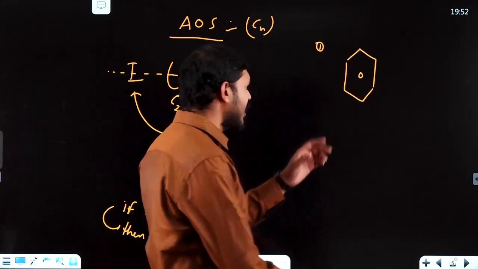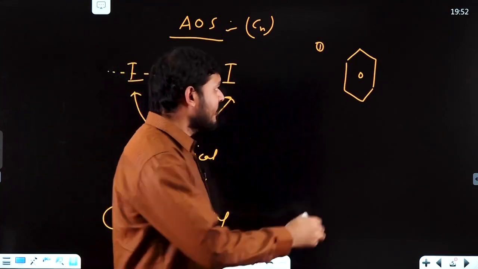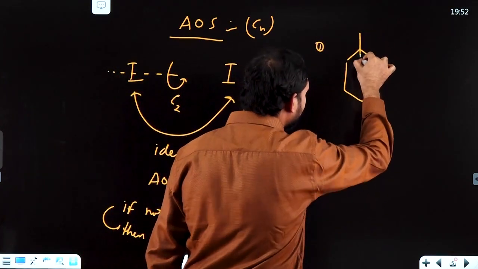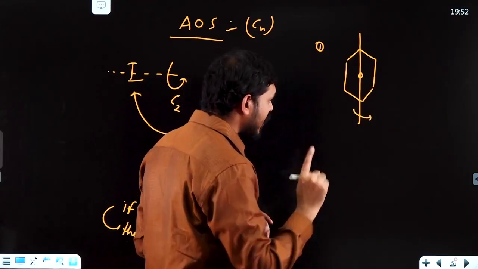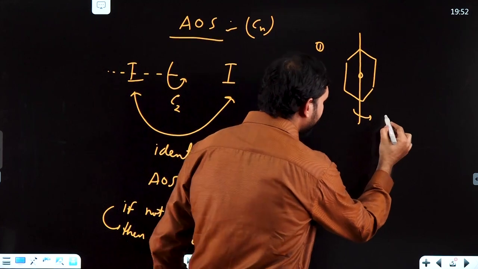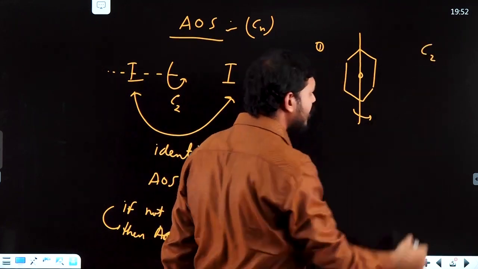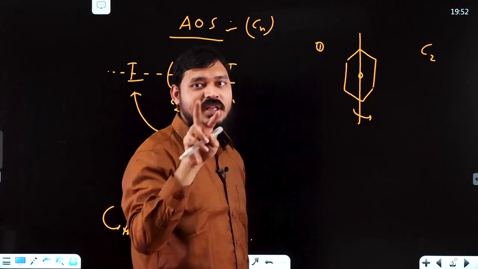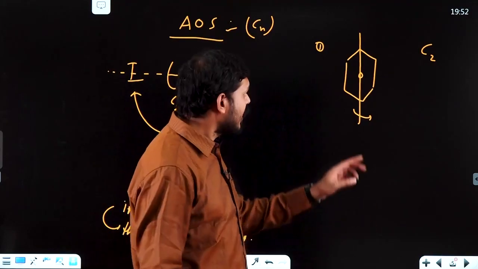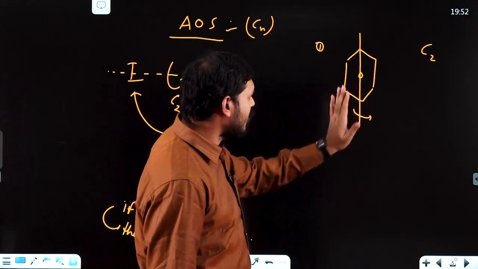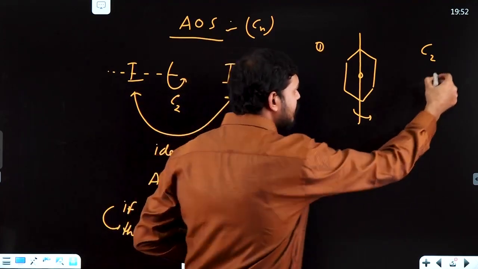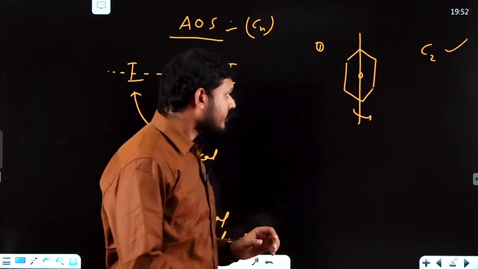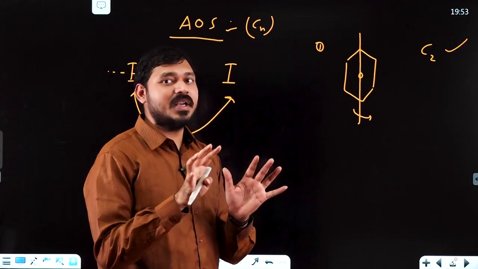First, this is our benzene, right? Now if I take this axis and rotate, see what the possibilities are. If I say C2, C2 means 180 degree rotation, 360 by 2. Then this part will be completely rotated, and we will get benzene the same as it is. So C2 is possible. Now, if I say 120 degree rotation,